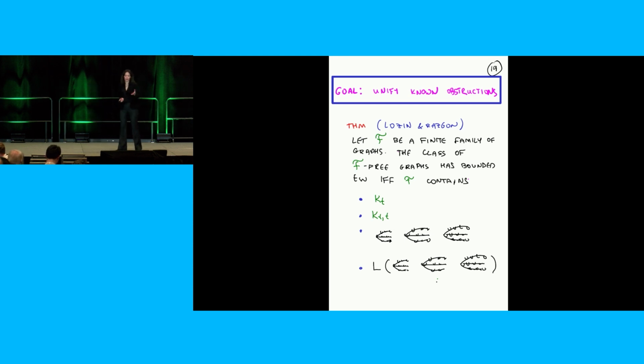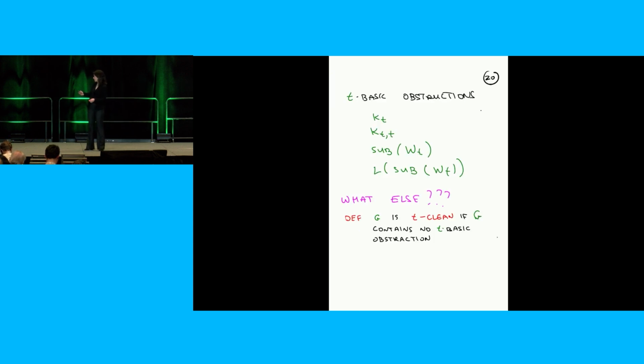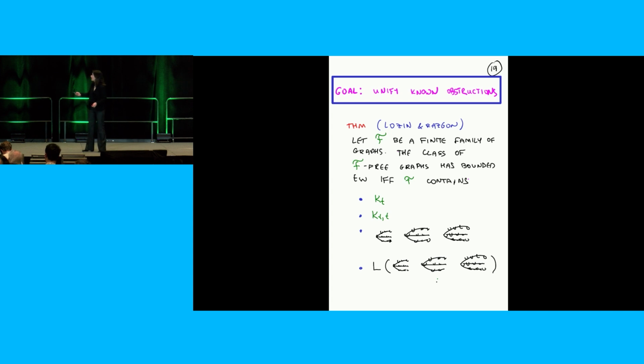So they could prove an if and only if theorem. If you exclude a finite family and you want to get bounded triodes, then your finite family must contain a complete graph, a complete bipartite graph, a graph that looks like this, and a graph that looks like that, which means it's obtained from this by a Y-delta operation. That was a very nice theorem, and it had an especially nice proof because it had a proof that you can generalize very, very far. This is not the time to tell you about it, but this proof contained some lovely ideas that you can take and run with a lot.